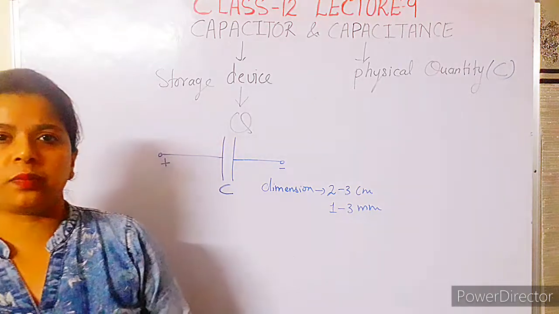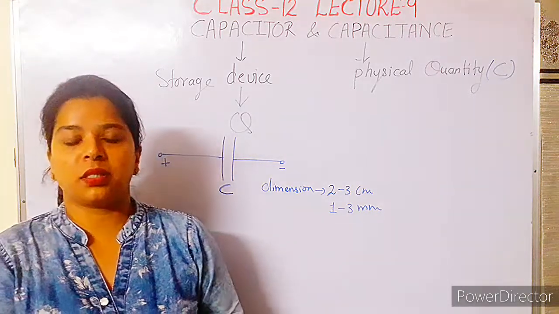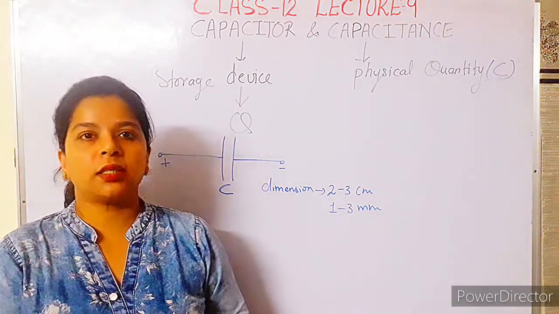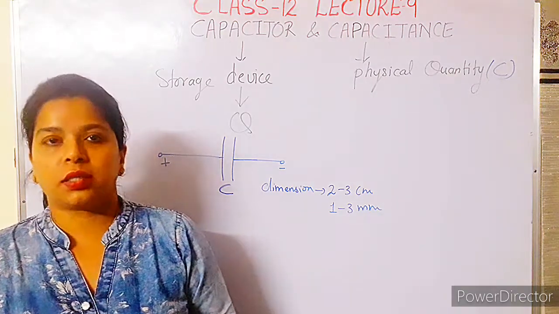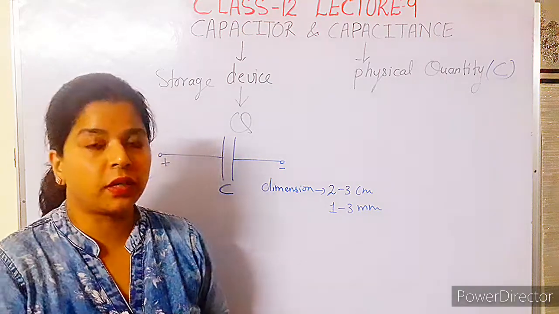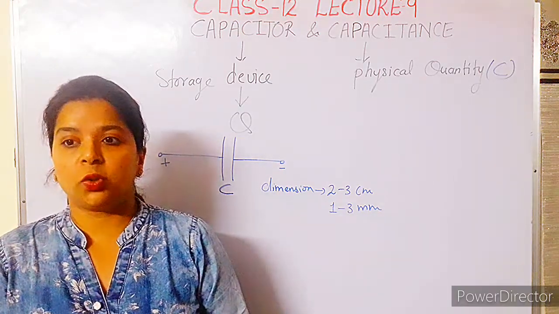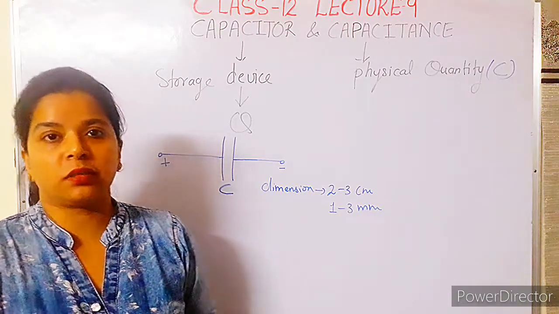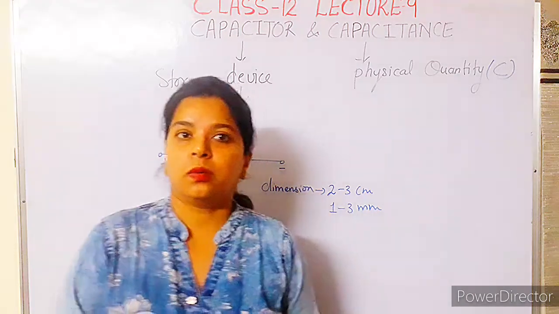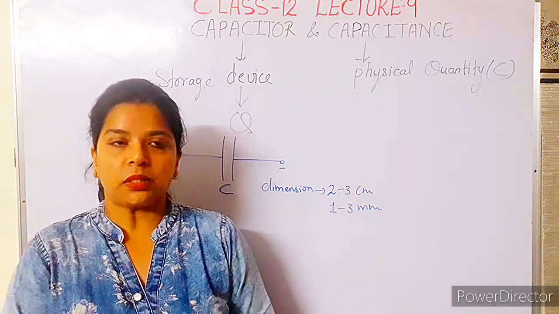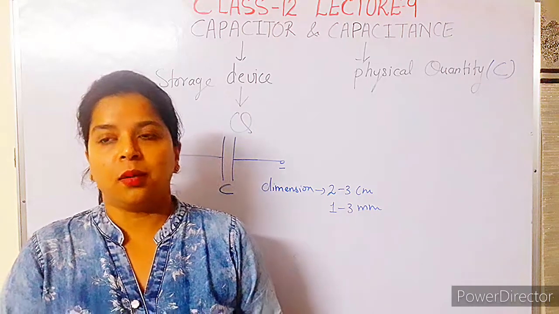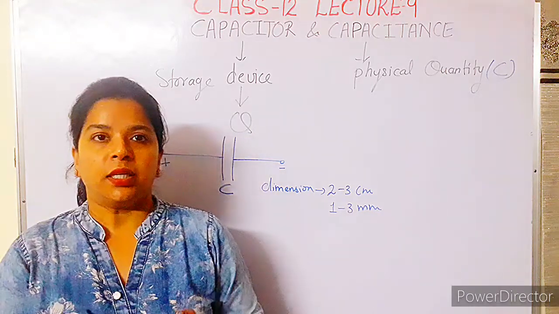Before this, I want to explain the practical application of a capacitor, how useful it is, and a fan is the best example, because in electronic circuits capacitors are used but you cannot see them working practically, whereas with a fan you can observe its functioning and do experiments. So it will be better to understand the concept of capacitor and capacitance via the functioning of a fan. As you know, you change the fan number to speed up the fan by its knob, which is linked with the switch.